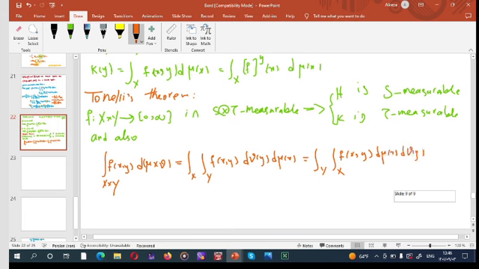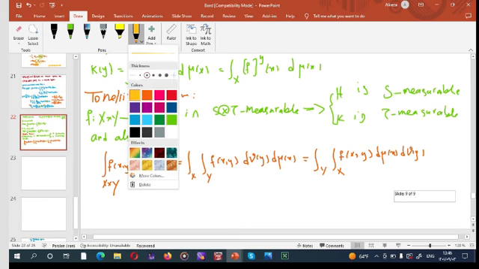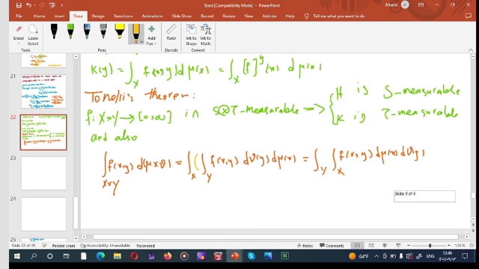Okay, in the first integral, at first we must take the integral with respect to y and then with respect to x, and in the second integral, at first we must take the integral with respect to x and then we must take the integral of this function with respect to y. Okay,